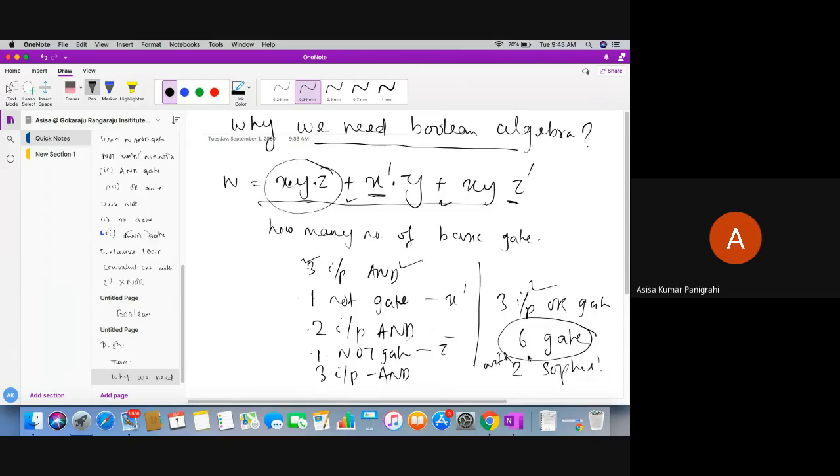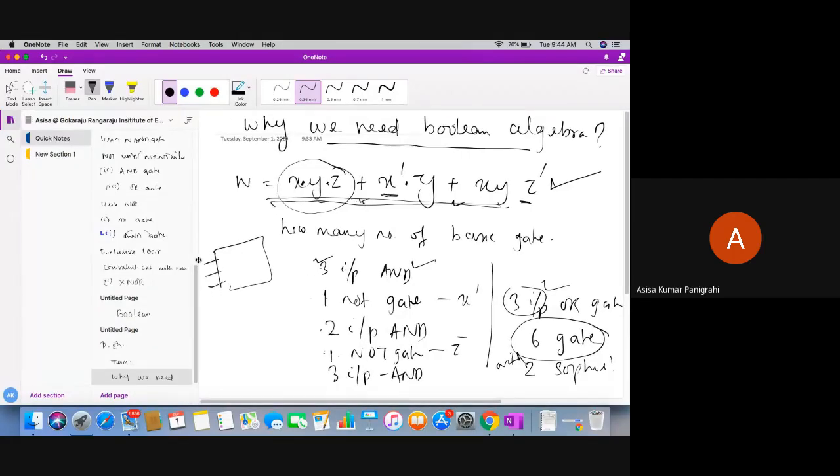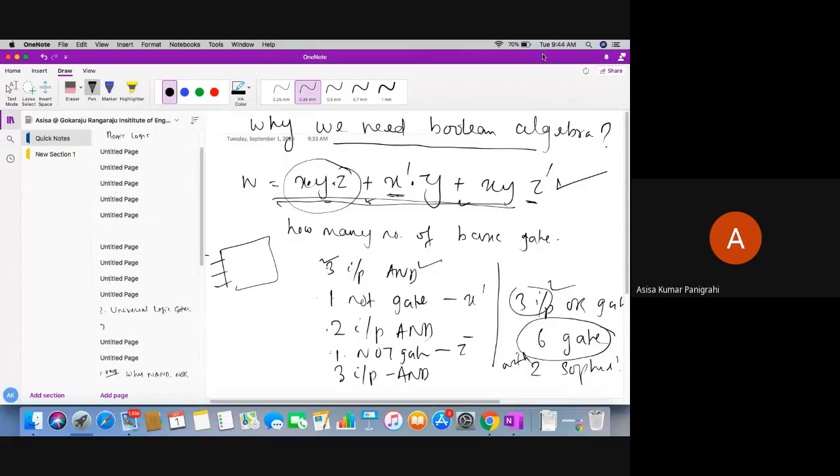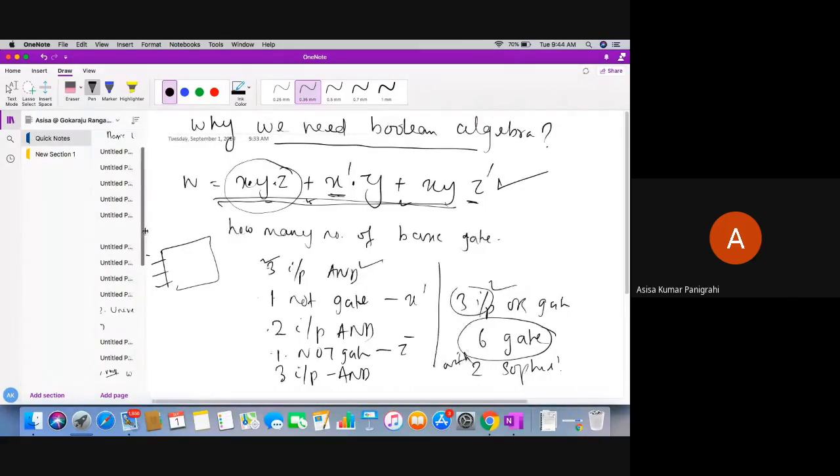sophisticated gates. What is the sophisticated? Because 3 inputs are there. Okay, in order to design this logic circuit, let's say this is my logic circuit, the circuit which actually gives me odd detector. Let's say this is some circuit whose functionality is like this, which takes X, Y, and Z input and gives me output W. Okay, what this logic circuit I am going to design actually.